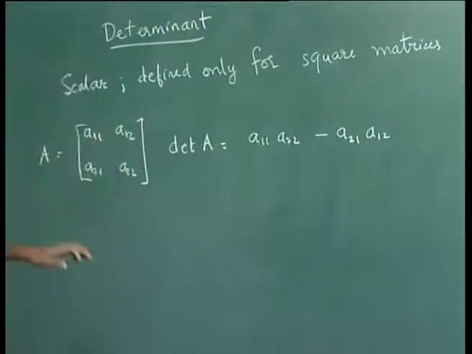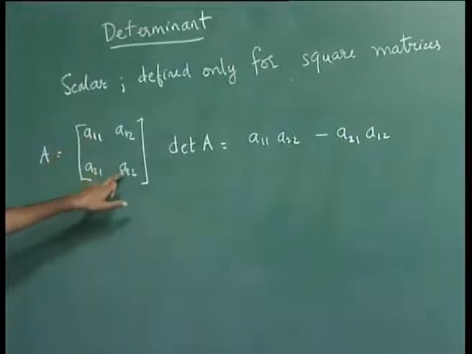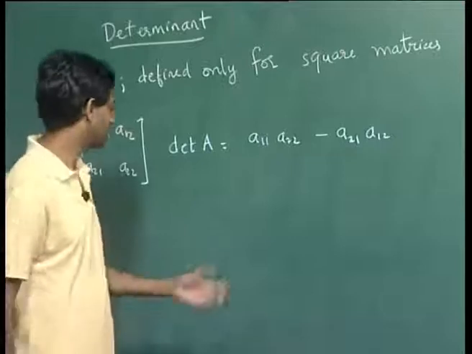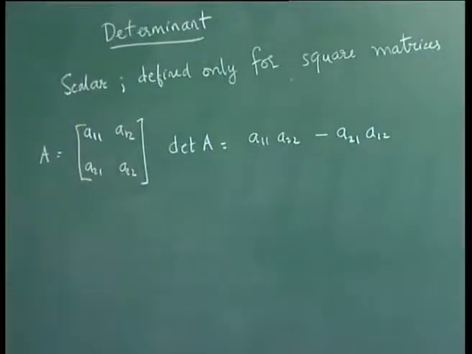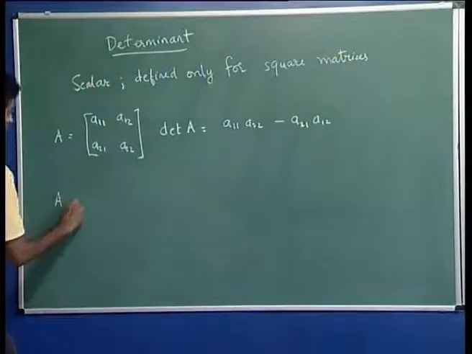So, the determinant is defined as the product of these two elements minus the product of these two elements. And you might also be familiar that if you had a 3 by 3 matrix,